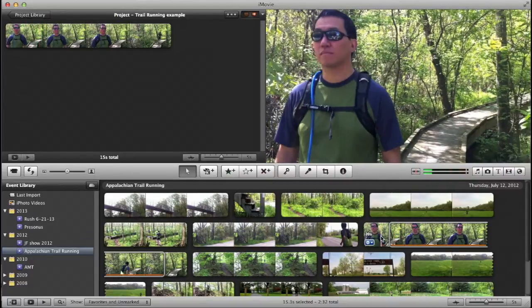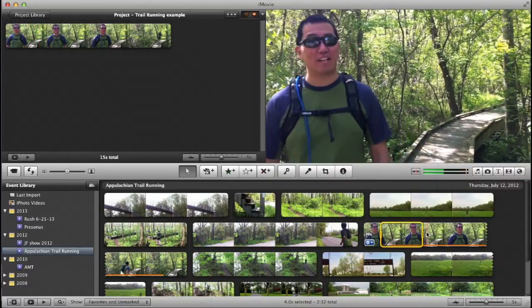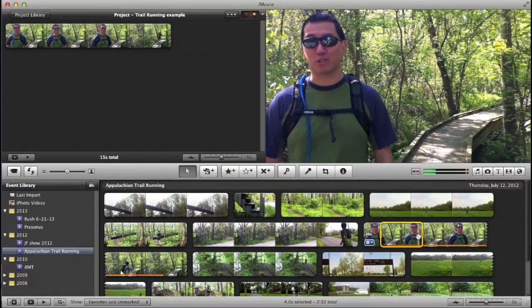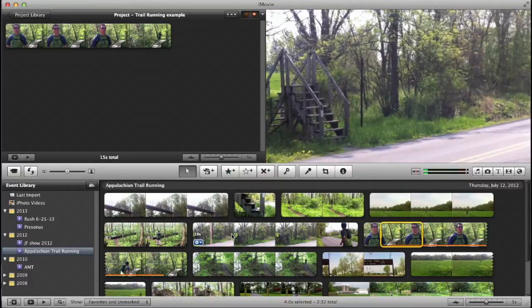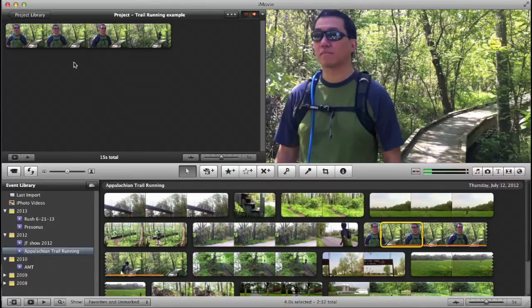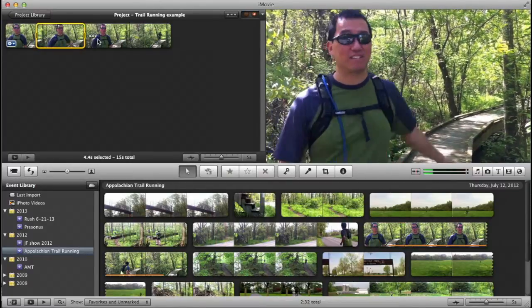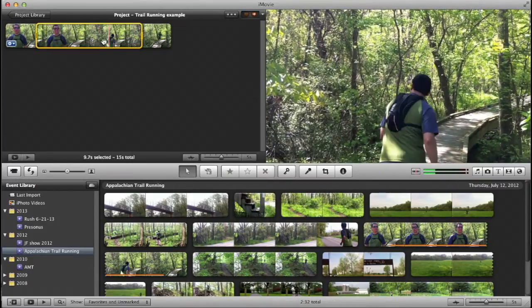So that's the way that works. In order for that keyboard command to be used, you have to have a selection made first. Now, if your playhead is within that selection, and this works both in the clip viewer here as well as in the project pane. So for example, if I made a selection within the clip up here,